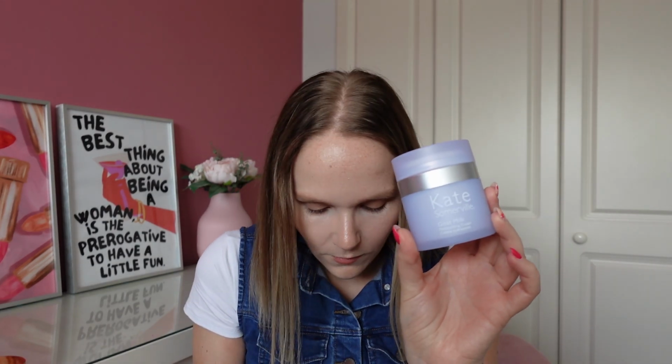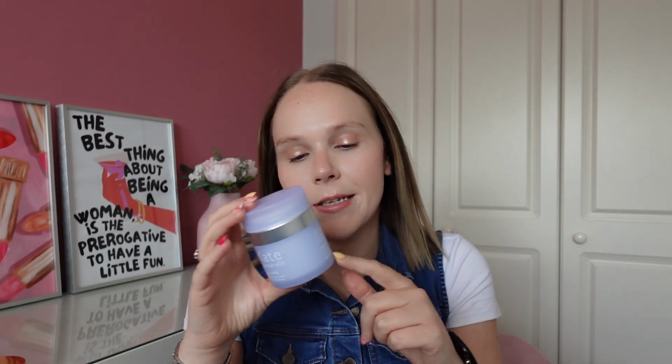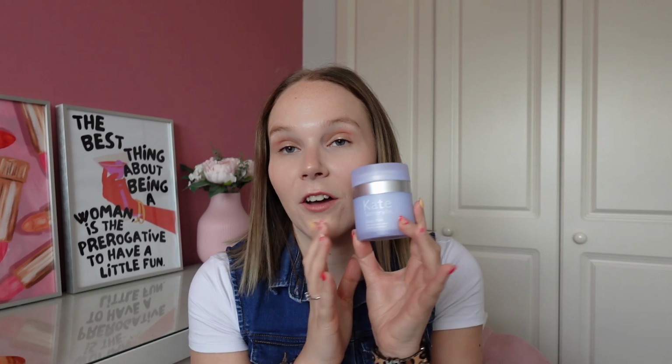So I'm actually going to be bringing in a product I didn't finish in my Throwback 30 this year, and it is the Kate Somerville Goat Milk Moisturising Cream. And my goal is to finish it. I don't know where I'm at on it, but I do know it is an airless pump, so I have tried to shine a light through it. I can't see. I have been using this as well since I did my finale for that back in July,